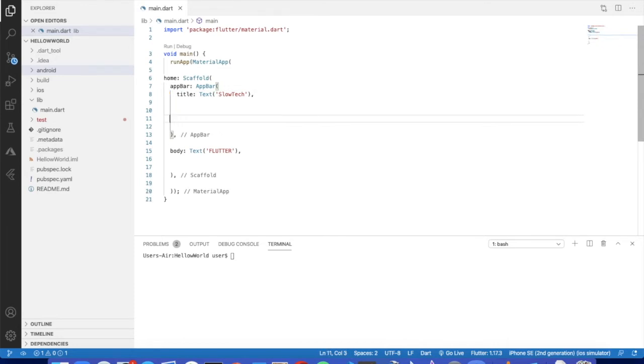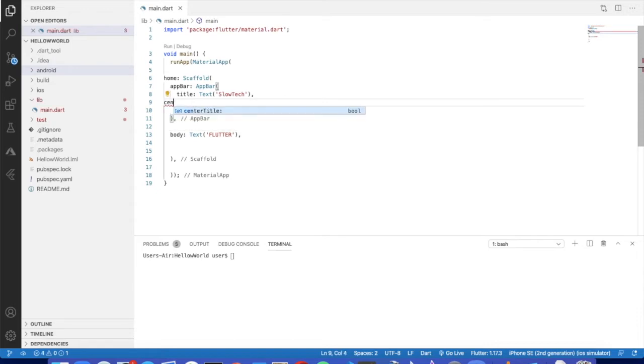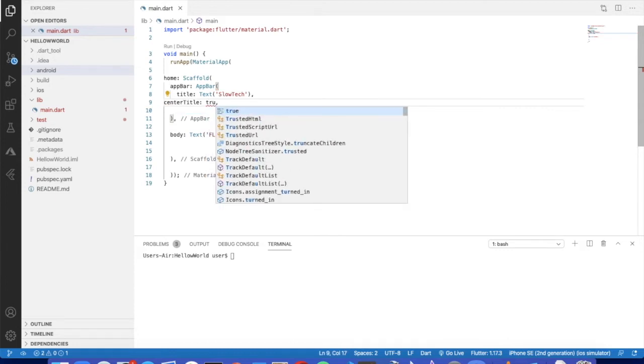I think the text should be in the center, so add the property centerTitle: true. Okay,